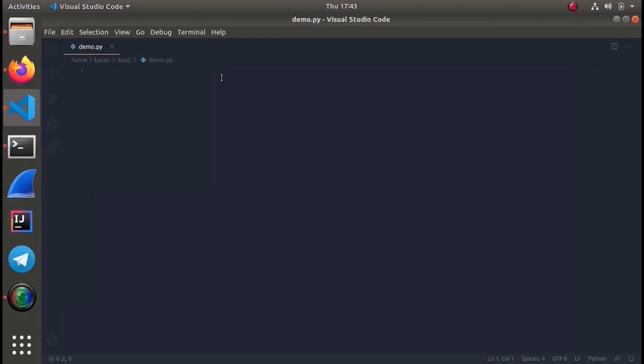So let's print something simple like welcome to GDG. It will be enough. Let's save the file.